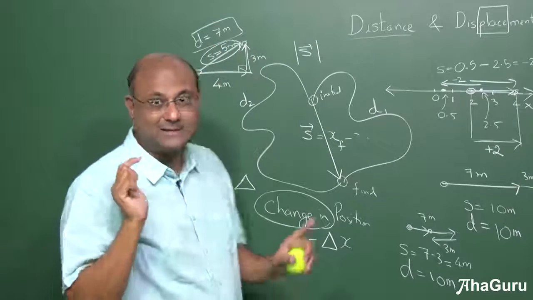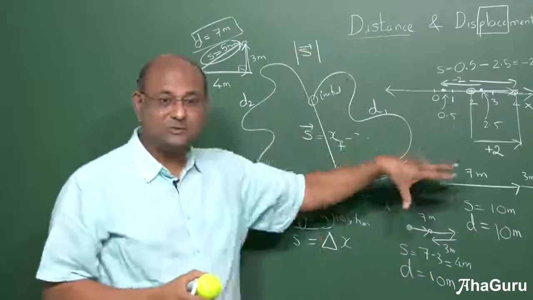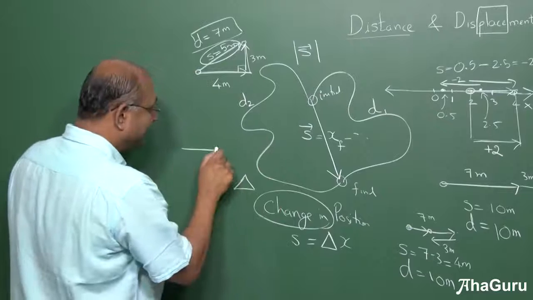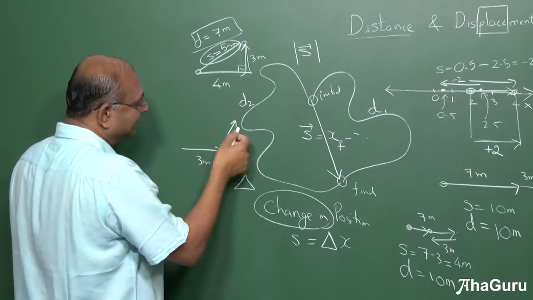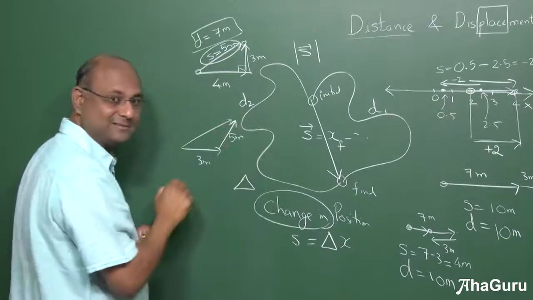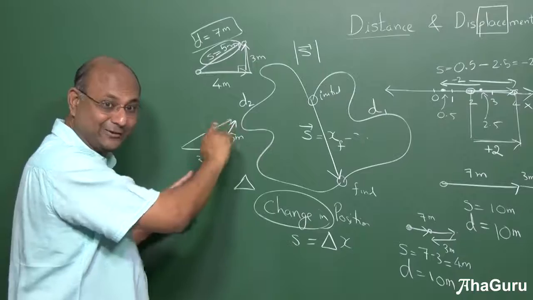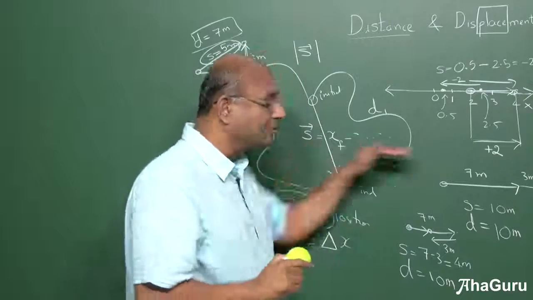I hope the difference between distance and displacement is clear. Very, very important to think about it. We should apply this to various questions and see. Now this was all easy, but later we will see if I moved 3 meters like this and then I move, let us say 5 meters like that. My displacement is this. What is my distance? 8. But this is not easy to calculate. We will learn how to do that later. Right now we will focus on straight line motion, so it's easy.